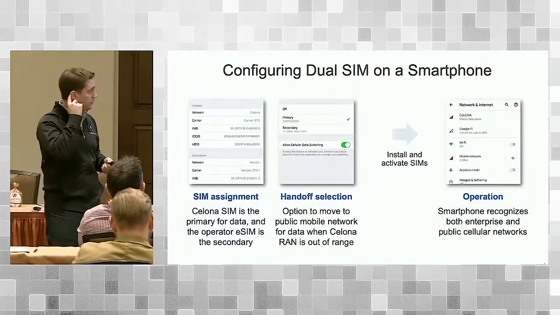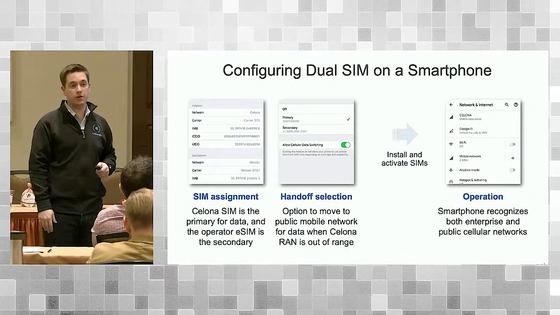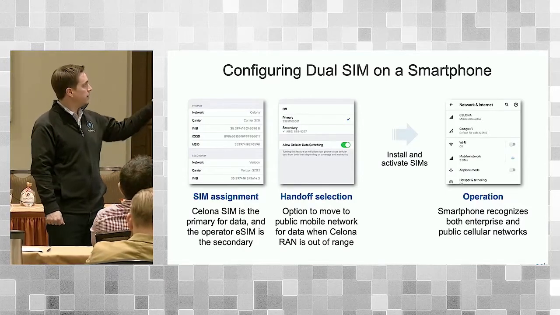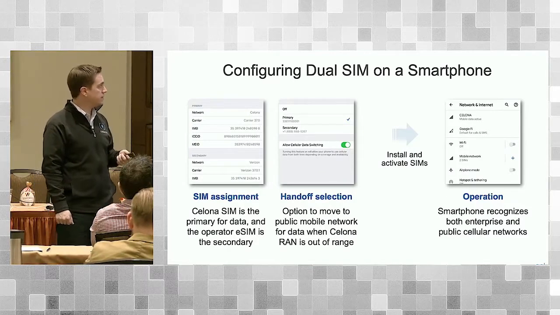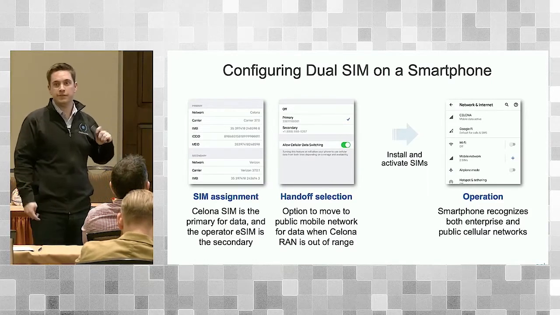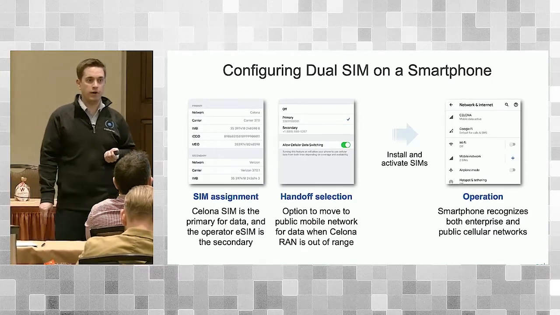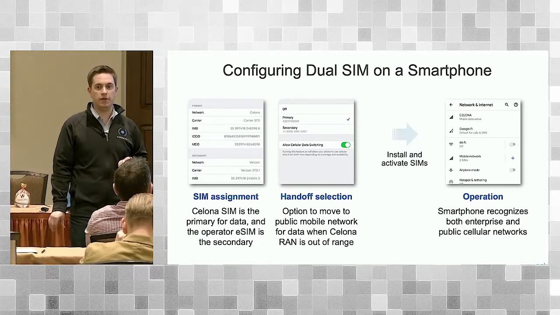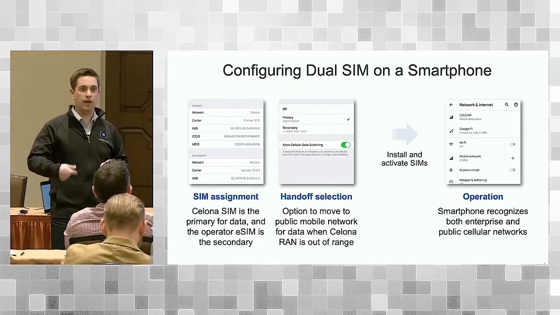Configuring dual SIM on a smartphone: you can do it on iPhone, you can do it on Android. It's just a matter of popping in the SIM, going into the settings, and selecting which one's going to be your primary and secondary for data. And it's as simple as that. We're working actively with Apple and Google and others on their